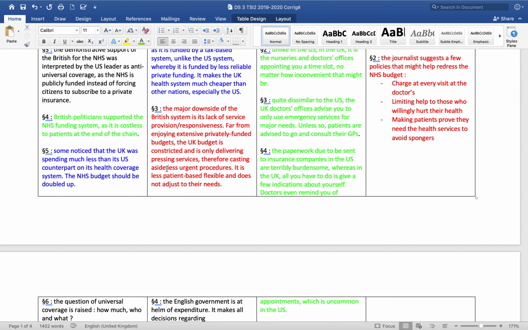Therefore, casting aside less urgent procedures. Casting aside means they are leaving aside. Okay, they're disregarding urgent procedures. It is less patient-based, flexible, and does not adjust to their needs. This means that if a patient wants a particular procedure, let's say, I will imagine a crazy